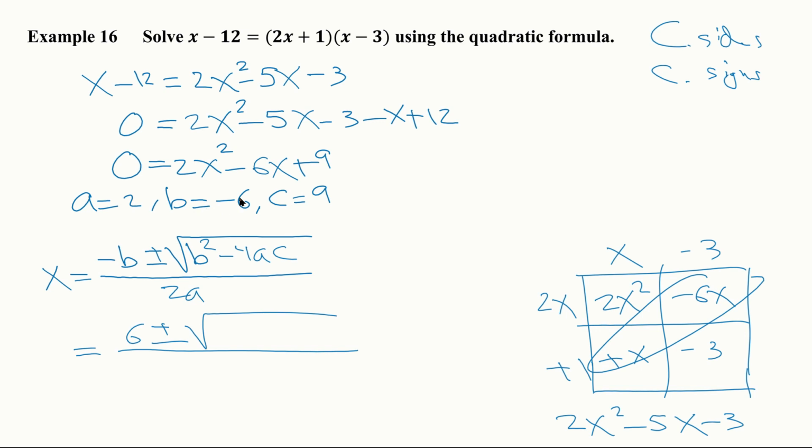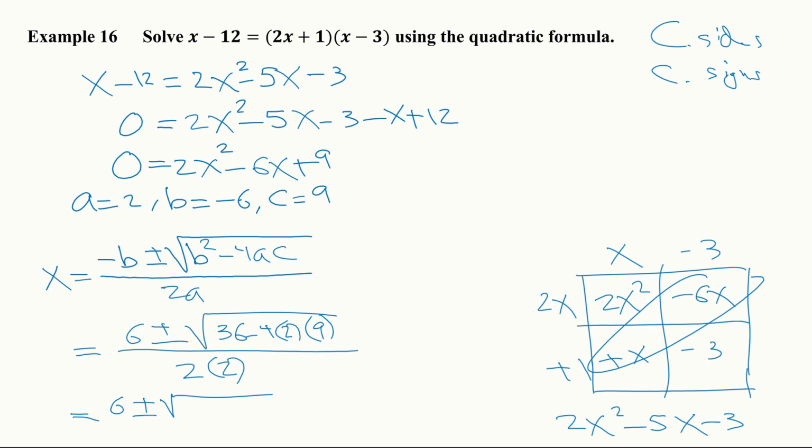Now b squared, now what happens when you square negative 6? You get positive 36, right? Let's go ahead and write that. And then minus 4 times a, which is 2, times c, which is 9, all over 2 times a, which is 2. So we end up with 6 plus or minus square root of, that's going to be, let me be safe